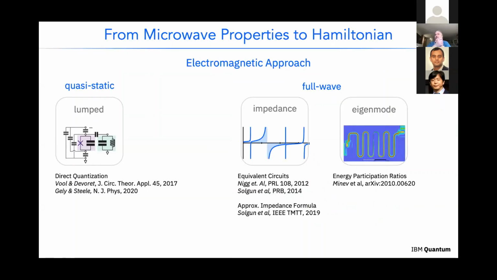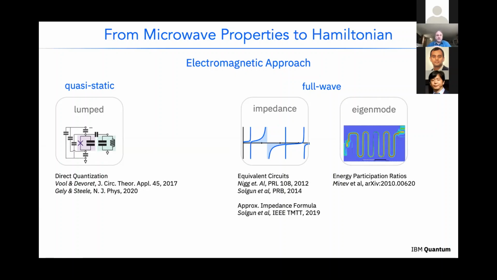We do have tools to do this today. There's a lot of different approaches. The simplest is if I can draw an equivalent circuit in terms of inductances and capacitances, I can directly write the Hamiltonian out of that because we know what the quantum mechanical behavior of inductors and capacitors is well enough. And so there's systematic techniques for doing that, such as the method of nodes that's outlined in that Devoret article. There are even EDA tools that are open source where I can draw a circuit like this and it just writes down the Hamiltonian for me.